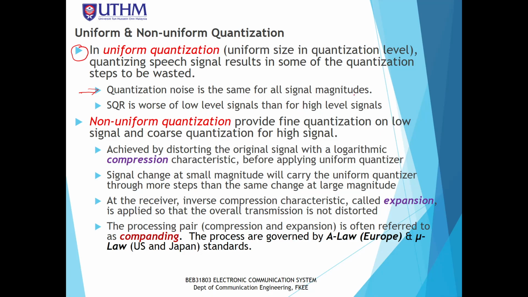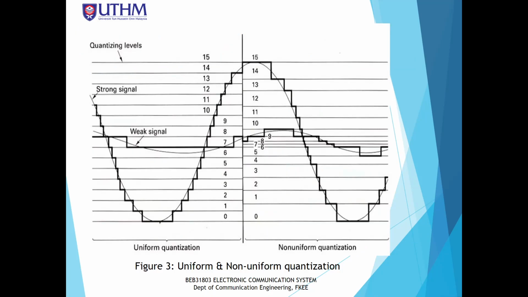So what happened actually? The issue is, if we treat all types of input signal equally, the input signal has different levels. Some of the input signals have a high amplitude, some have a low amplitude. So if we treat all the inputs equally, the error would be higher. For example, in this given picture,